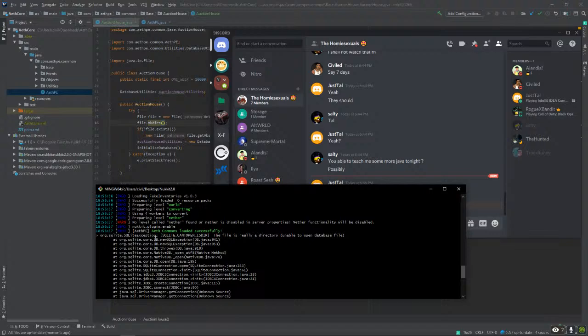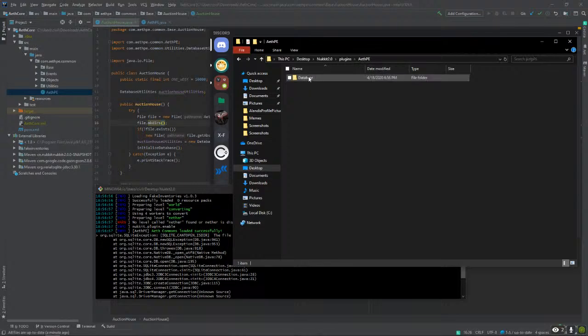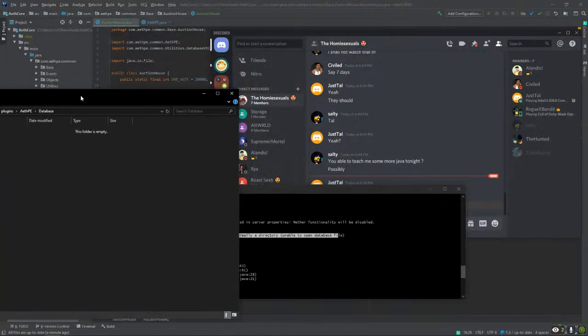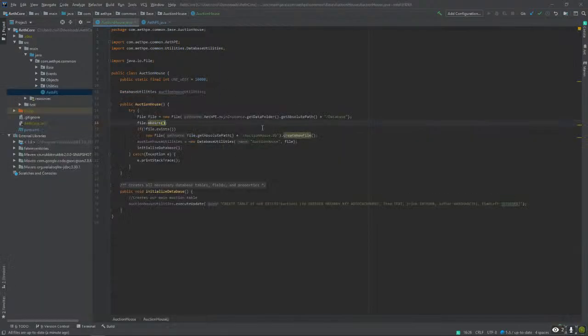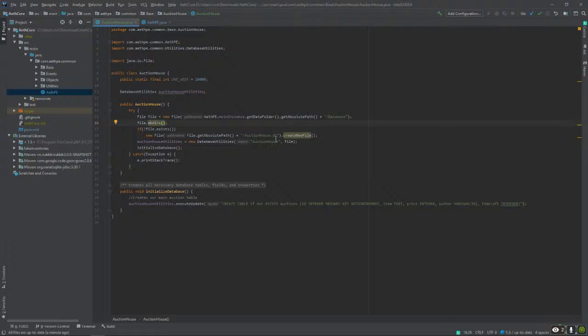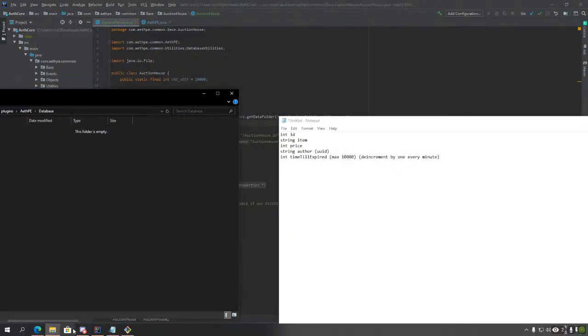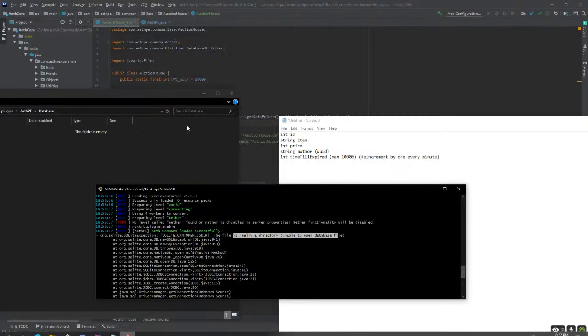Okay, so this is another, yep. So let's check the database. It does not say that it's created the file. So that's kind of an issue. That's weird. Why didn't it create the file? Let me check.